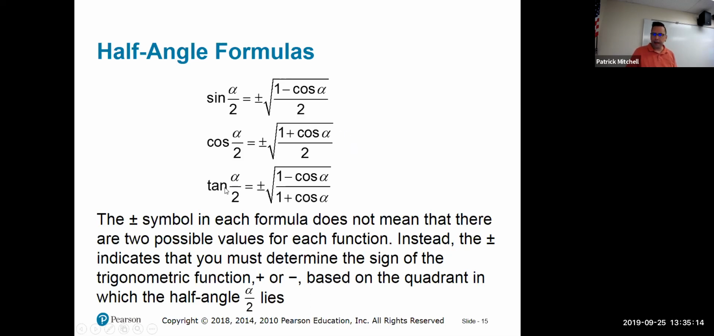And I'm going to say the same thing I've been saying about tangent. I don't find this one as important. If I need to do something with the tangent, I'm probably just going to think of it as the sine over the cosine. Okay. All right, so coming up next here, I think we have an example of using half-angle